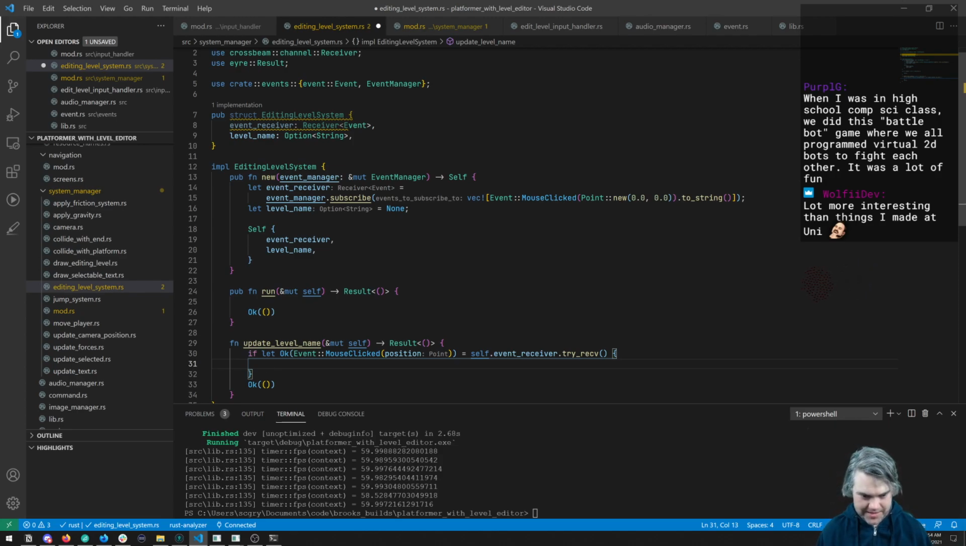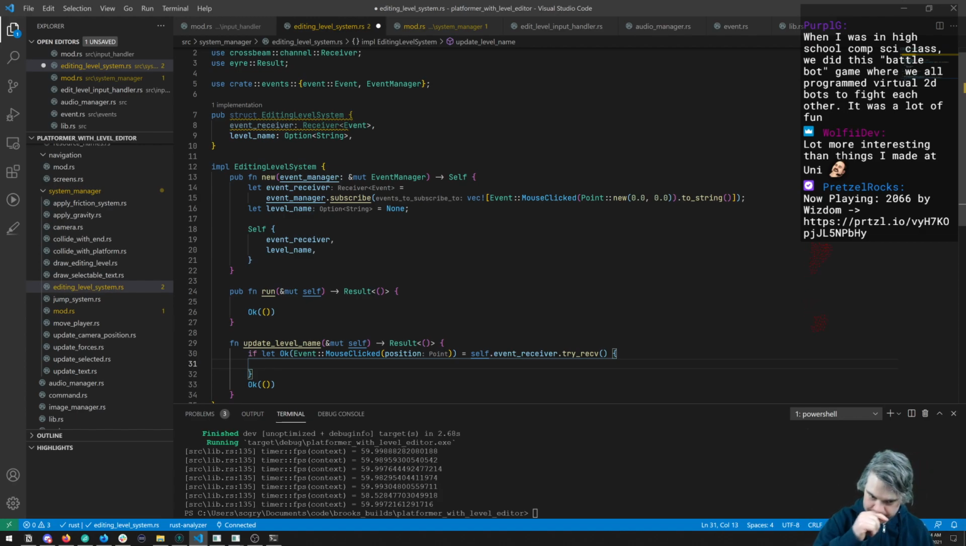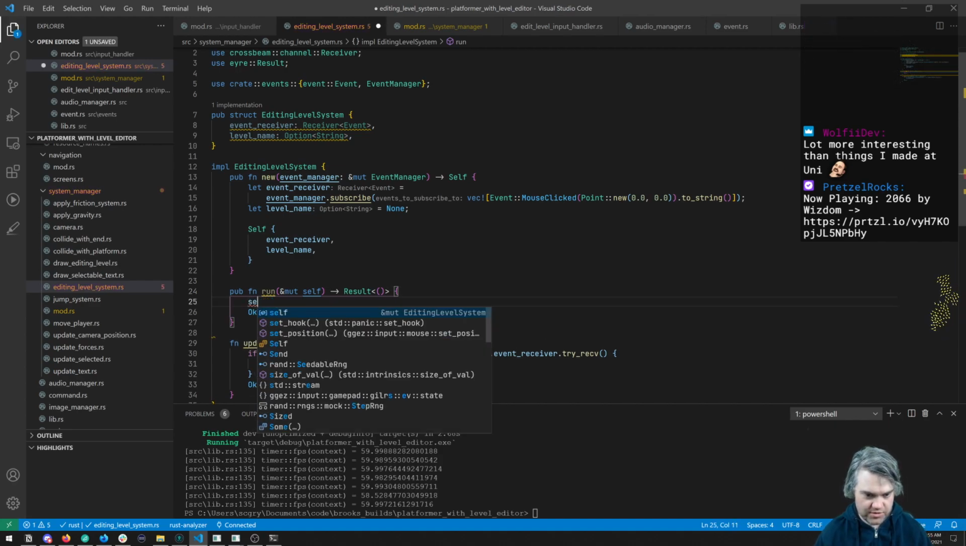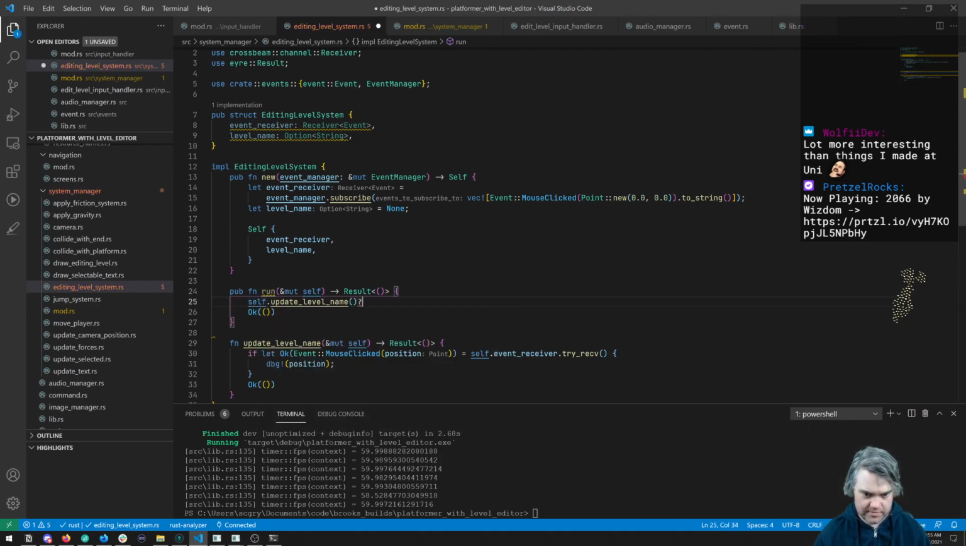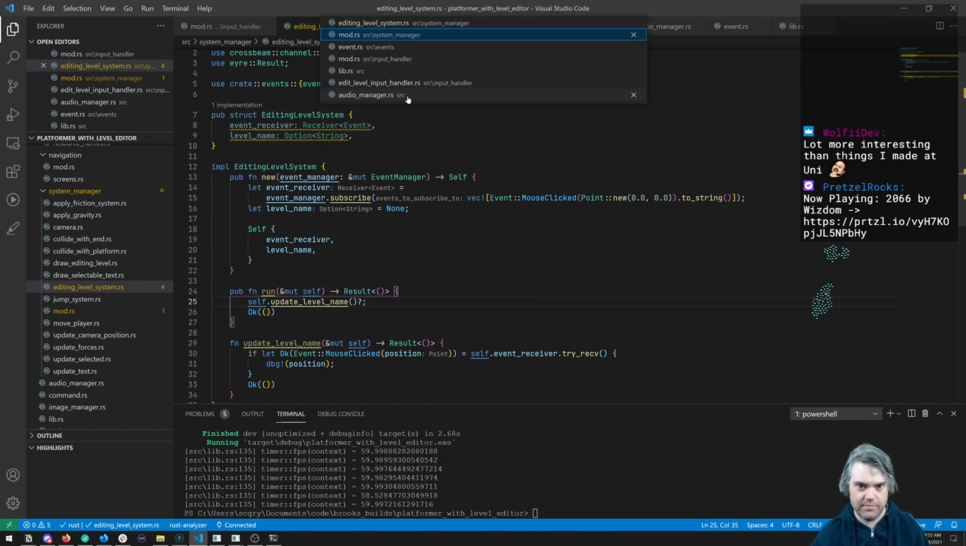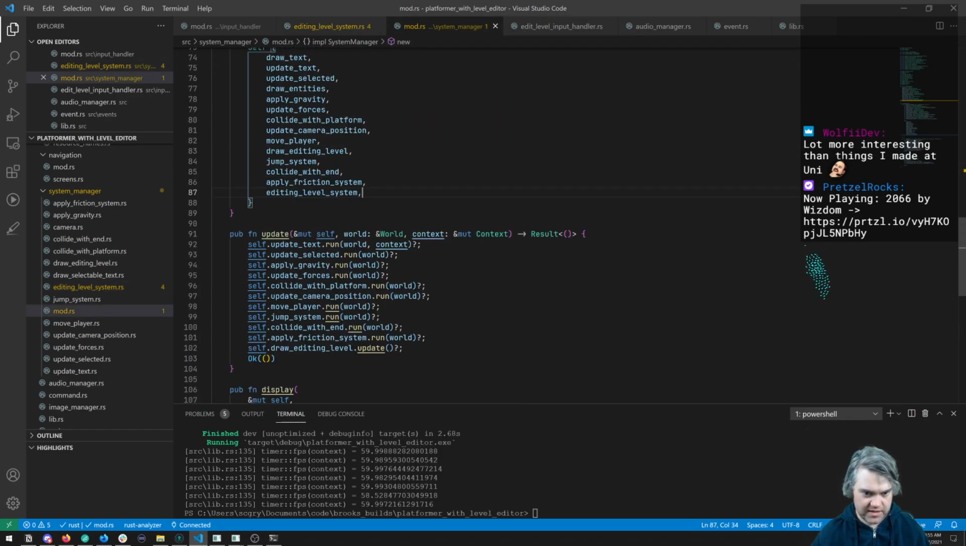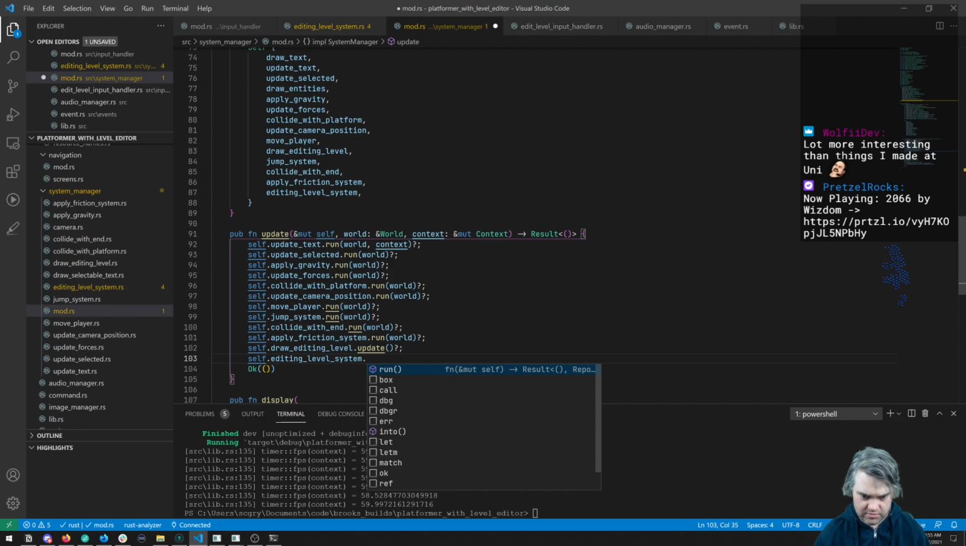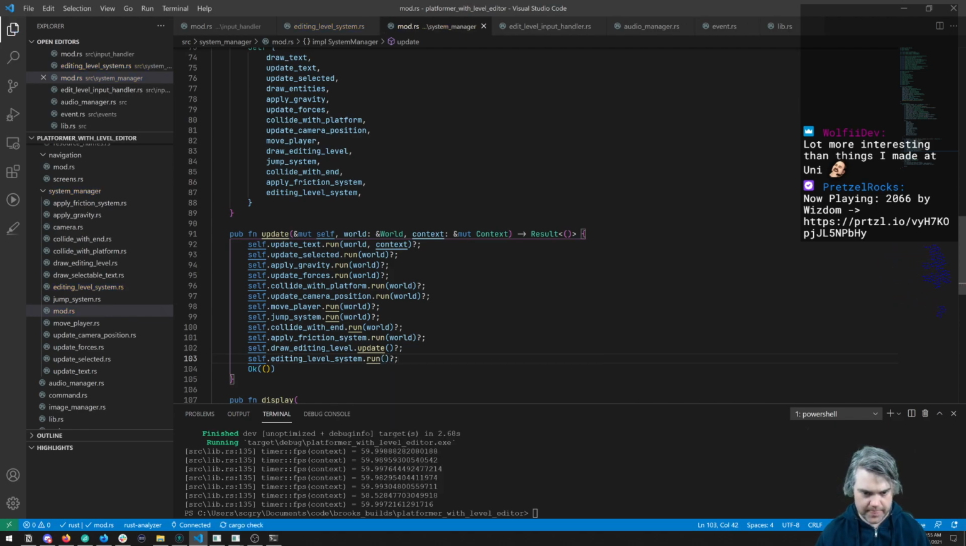Okay, so now I have the position of this point. So what I can do is just debug the position. So this happens in run. You can do a self.update_level_name like that. And then in that mod, in update, do self.edit_level_system.run. That. So if I run it,